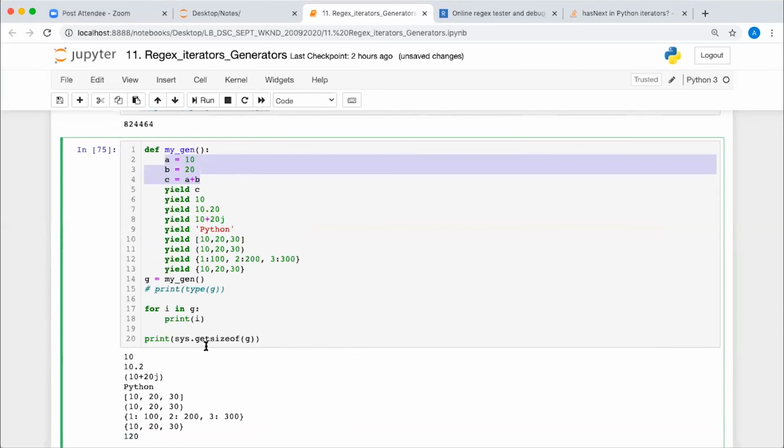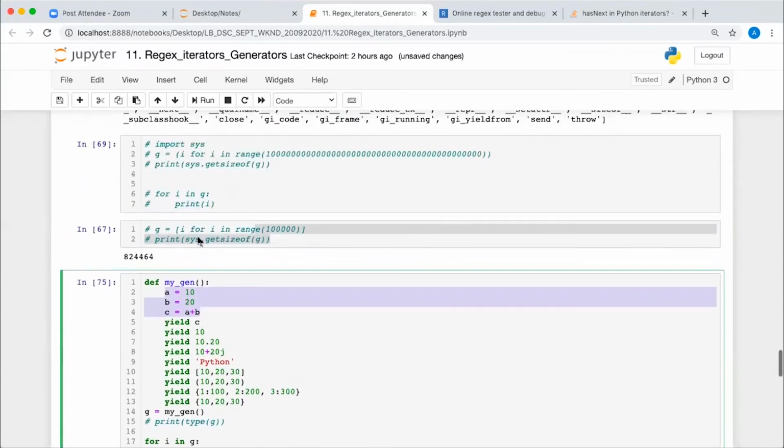One question, Abhishek. Where do we actually use it? Suppose we have to return a sequence, so we have to return a generator instead of an iterable list object.